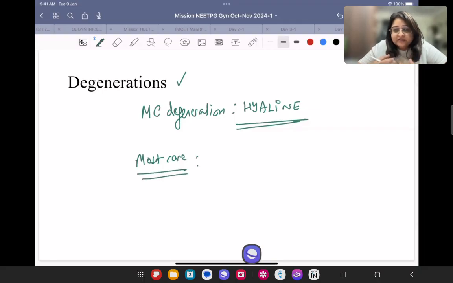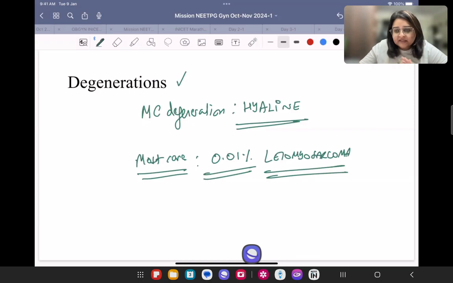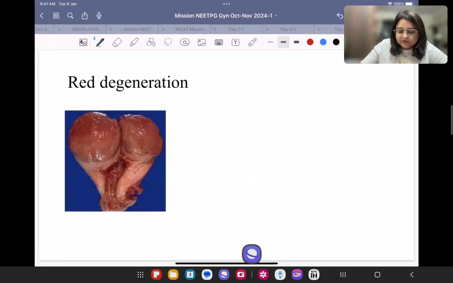or one which, when a patient comes to us and asks if a fibroid can become cancer, we say no, it cannot, because the risk of malignancy is 0.01%. That is leiomyosarcoma. It's not that there is absolutely no risk, but the risk is very, very less. So a very rare chance of it becoming a leiomyosarcoma. That is malignant degeneration or malignant transformation. Okay. The most common in pregnancy, however, is red degeneration, and the most commonly asked in the exam is